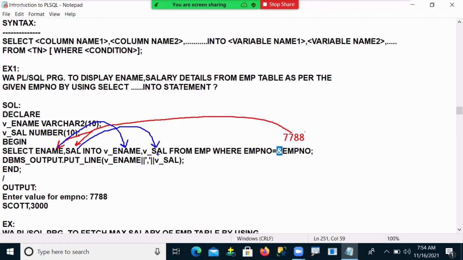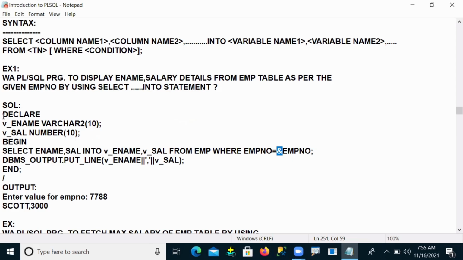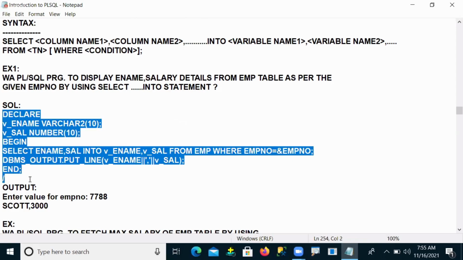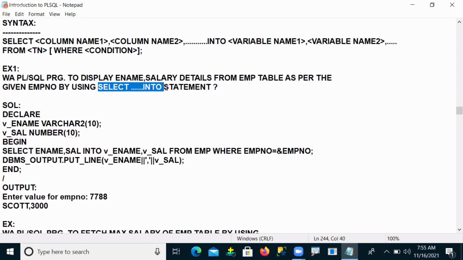After storing those column values into variables, what I am doing finally is printing the output: v_e_name concatenated with a comma, concatenated with v_salary. Finally the begin block should end, and you execute your program. This is one small program to display employee name and salary from your EMP table for the given employee number by using the select into statement.